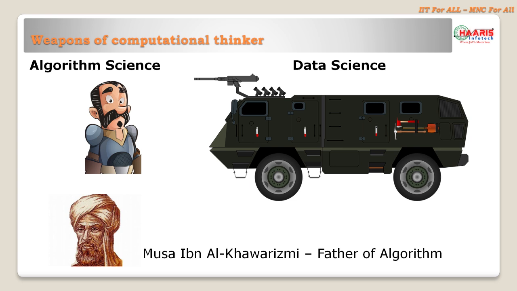So I just wanted to introduce you to one more personality here: Musa ibn al-Khwarizmi. He is considered the father of algorithms, and his science is what we are going to learn in algorithmic science. And these algorithms are going to use data. I told you, right? That's what machine learning does. It uses the cleaned, analyzed, proper data and processes it through algorithms which are based on proper data engineering techniques, through different mathematical models and statistical models. We analyze the data and together we create intelligence. We call that artificial intelligence. So that's how the entire concept is described.